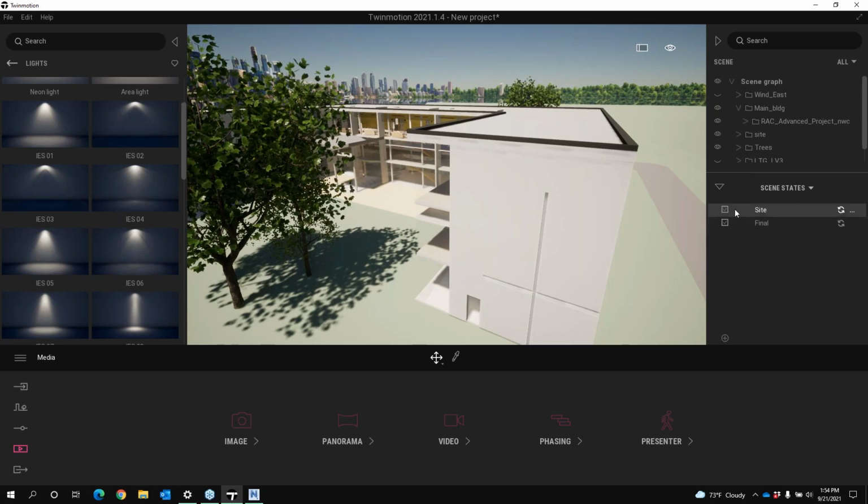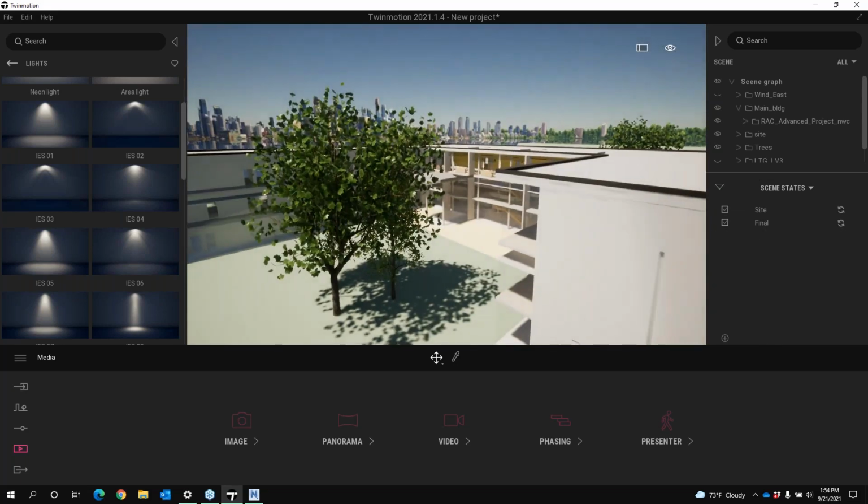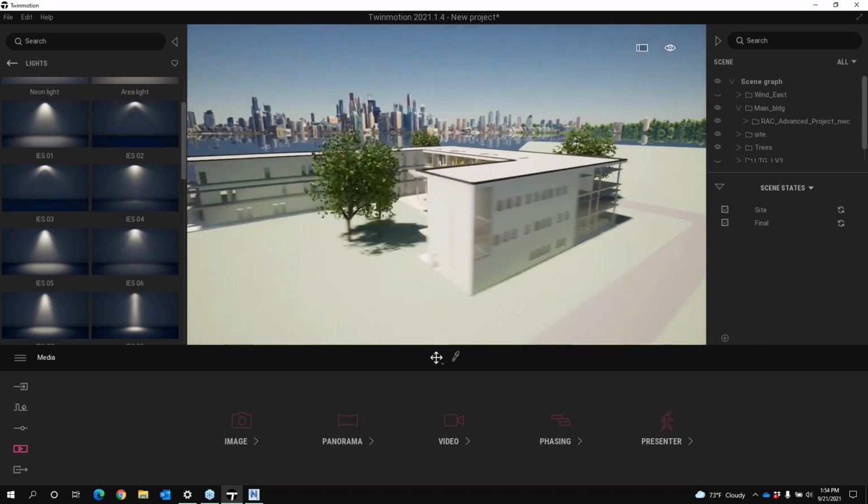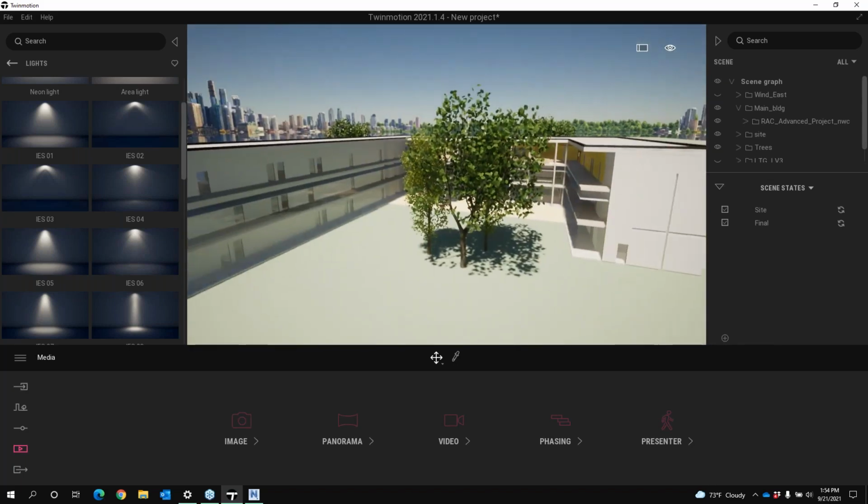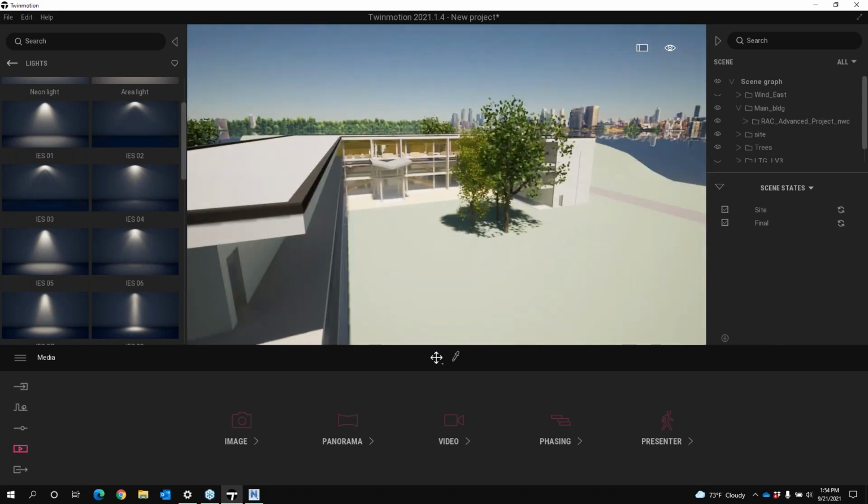The scene states are nice because it's almost like a layer visibility or a view template that you would use in Revit just to turn things on or off very quickly. So